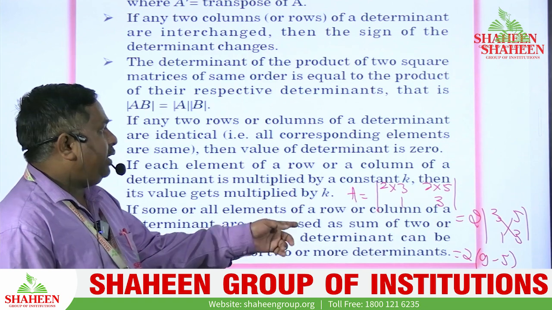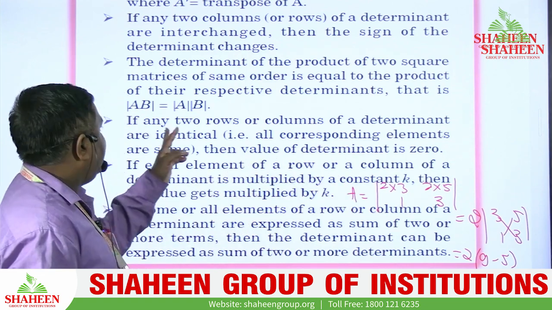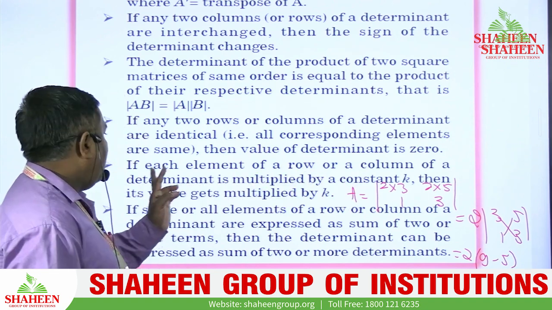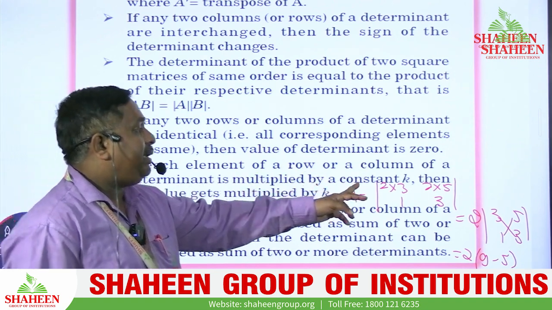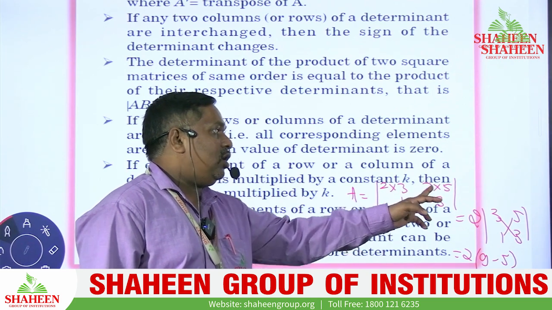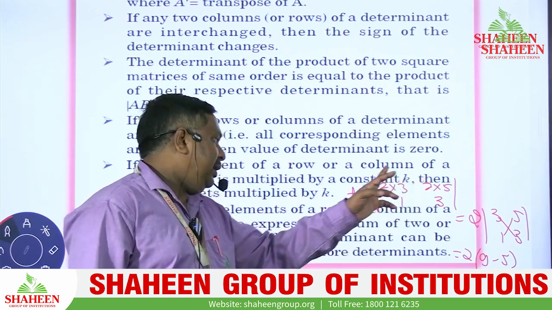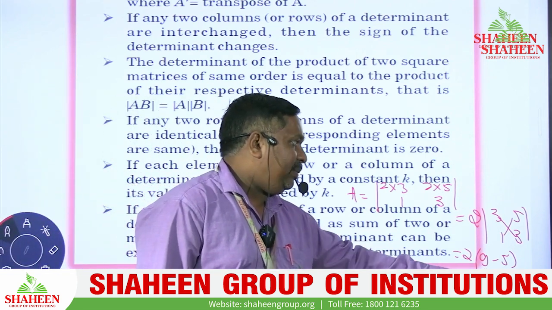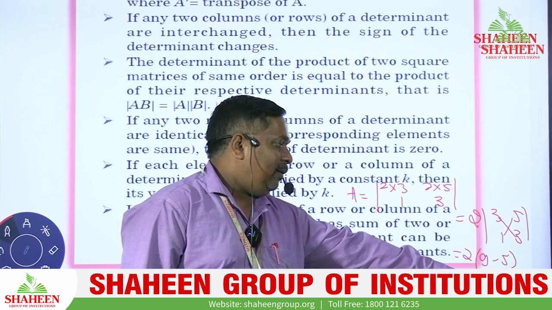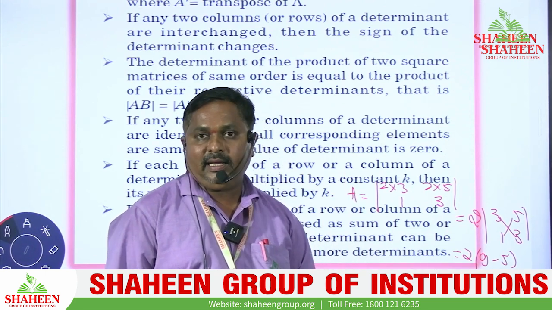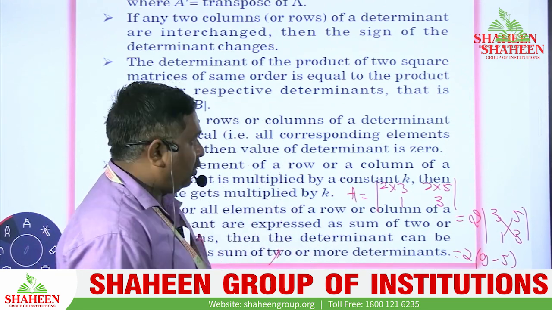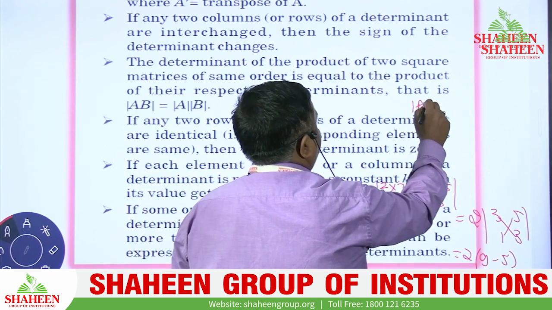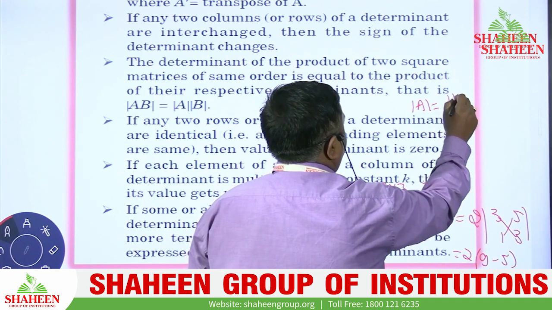अगर एक रो या एक कॉलम, देखिए, इफ ईच एलिमेंट ऑफ ए रो और ए कॉलम ऑफ ए डिटर्मिनेंट इज मल्टीप्लाइड बाय ए कांस्टेंट k, देखिए फर्स्ट रो एक कांस्टेंट 2 से मल्टीप्लाई किया गया है, देन इट्स वैल्यू गेट मल्टीप्लाइड बाय 2. तो ये जो डिटर्मिनेंट का वैल्यू रहता है ना, उसका वैल्यू को 2 से मल्टीप्लाई करना है, k इंटू डिटर्मिनेंट ऑफ ये होगा. ओके, फॉर एग्जाम्पल एक डिटर्मिनेंट ऐसा है, डिटर्मिनेंट ऑफ k